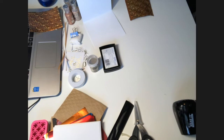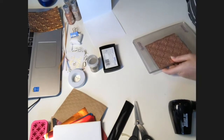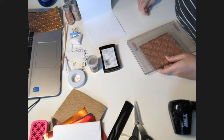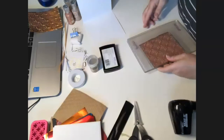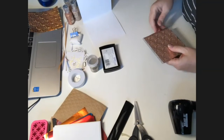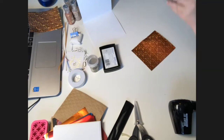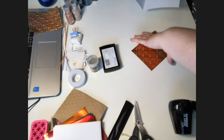Corinne? Yes? If I have embossing powder on the part where I don't think I was supposed to have embossing powder, it's because I pressed too hard. Yes, you probably pressed too hard with your Versamark. However, what you can do, and I'll show you once I put my powder on here,